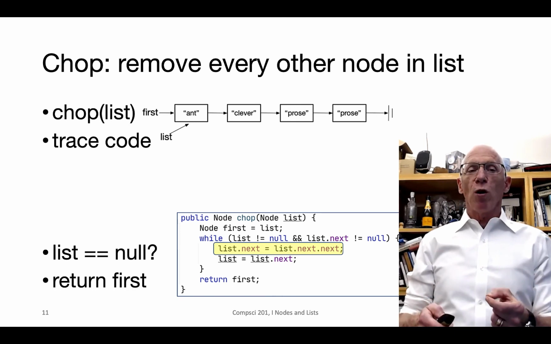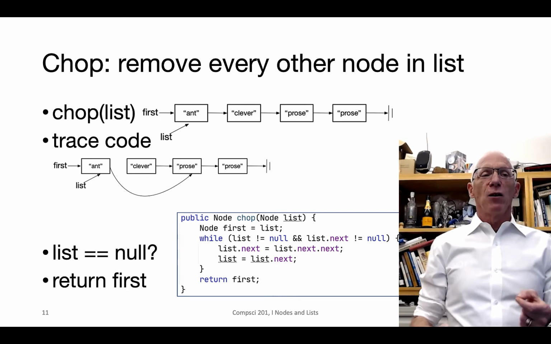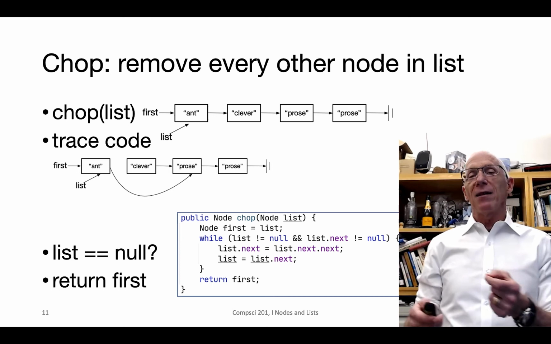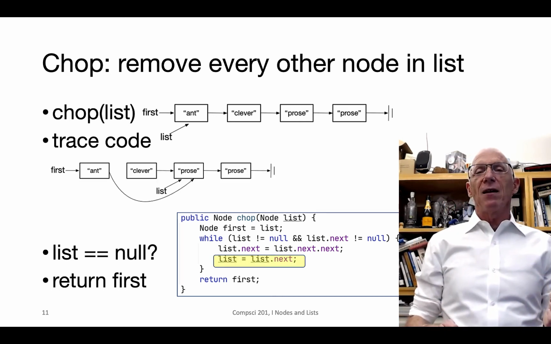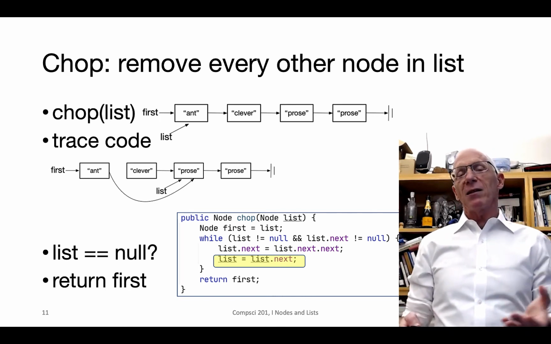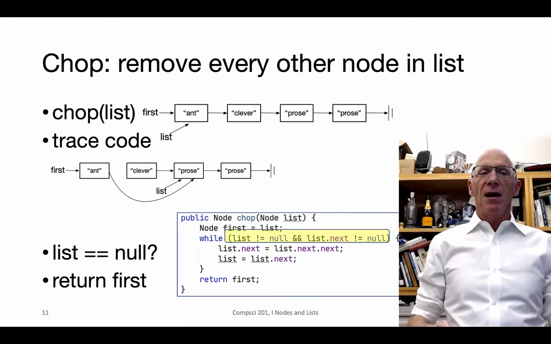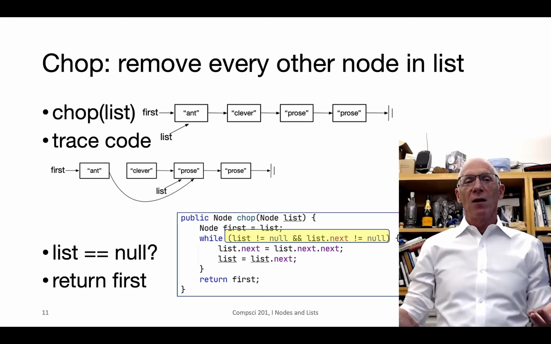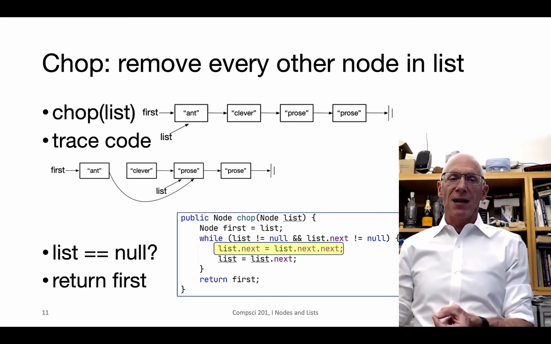So I have a pointer to prose on the right-hand side of the assignment statement, and I assign list.next to that. So the picture we have is list.next points at that prose node. And now I'll move list and assign it to list.next. Well, look at the picture. List was ant, list.next is prose, so now I move list. And then I evaluate the loop test again, and I see there are 2 nodes, prose and then the second prose. And so I go into the loop, and again I evaluate the right-hand side,